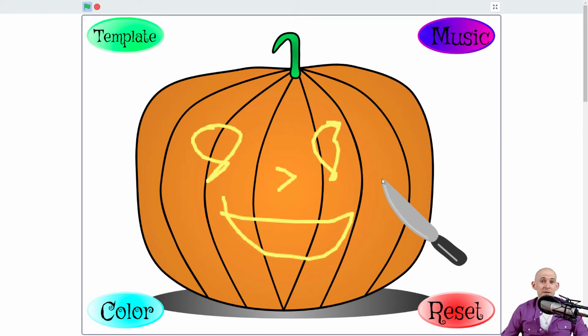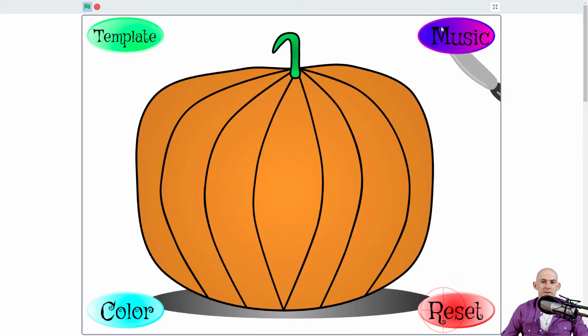And in the description below, I show you a walkthrough, a link directly to it that shows you how to actually create this and do all kinds of interesting stuff like creating the template, resetting, adding and stopping music, etc. Okay, so this is pretty cool, but I want to show you a neat idea that's kind of like this